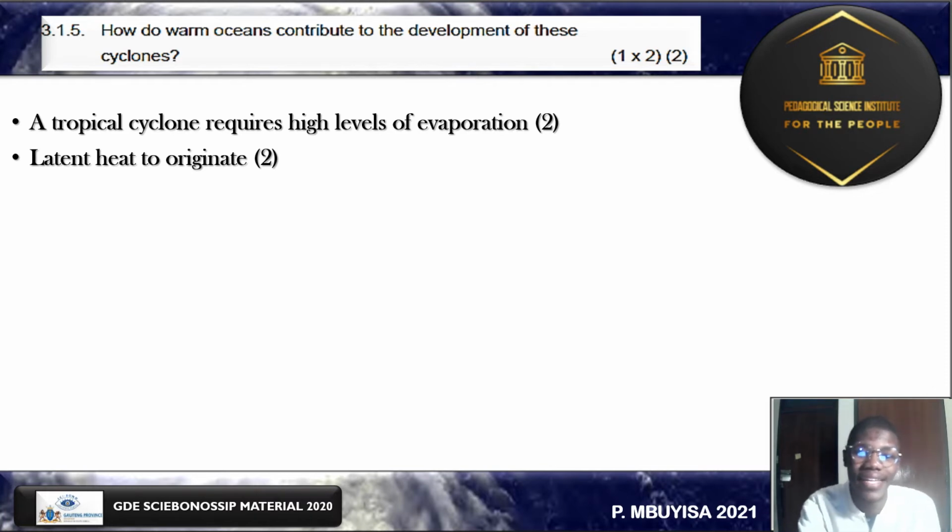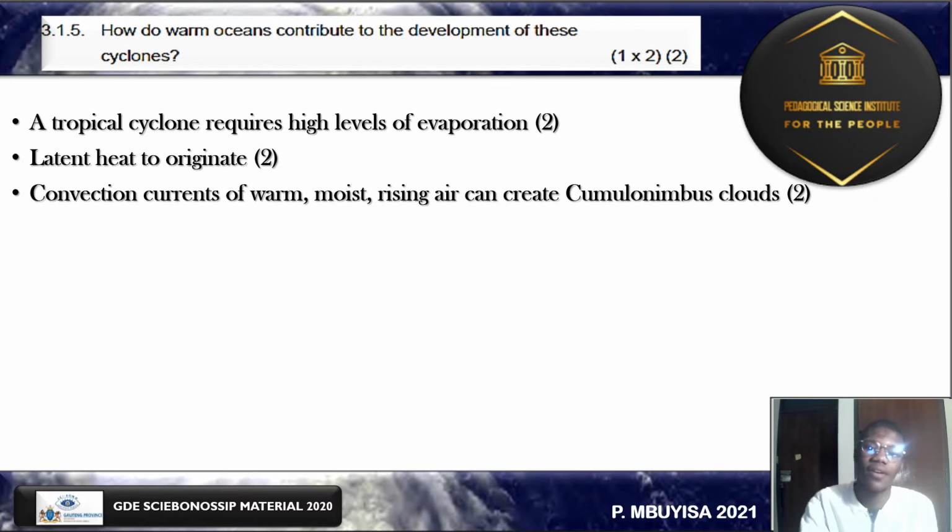So again, latent heat is going to be formed, and as a result we'll have convection currents of warm moist rising air, which creates our cumulonimbus cloud. So those are the reasons that you give. Now